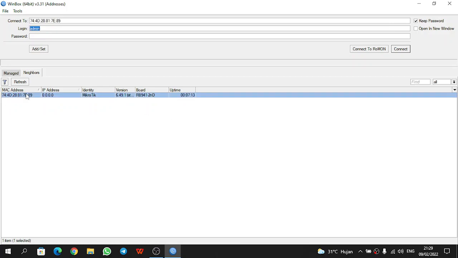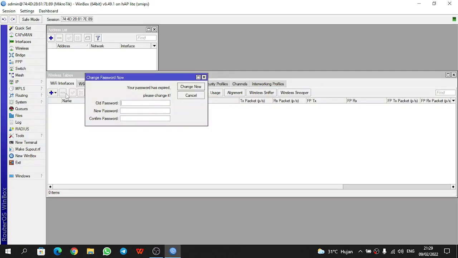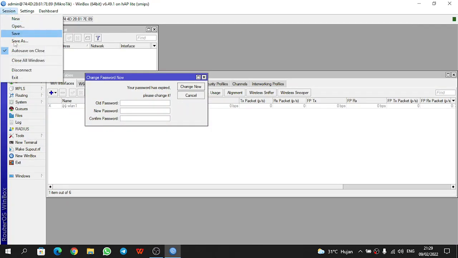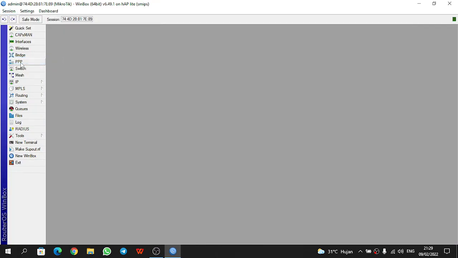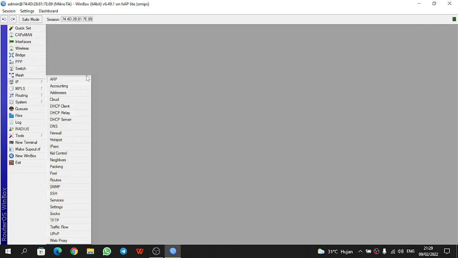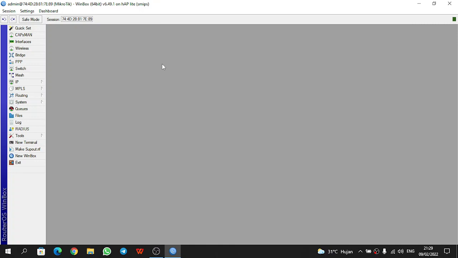Okay, before that we can open Winbox to connect to this MikroTik. First we make this static, and then we make it DHCP.